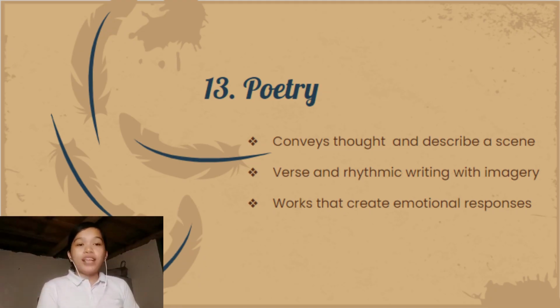Now, we are down to the 13th literary genre, which is poetry. We all know that poetry is a type of literature that conveys a thought or a feeling of the human condition. It also describes a scene or tells a story in a concentrated manner. It has a lyrical arrangement of words in a line and in a stanza. Poems can be structured or not, and it is considered a pre-verse poem. Mostly, poetry has rhyming lines and meter, the rhythm and emphasis of a line based on a syllabic beat.